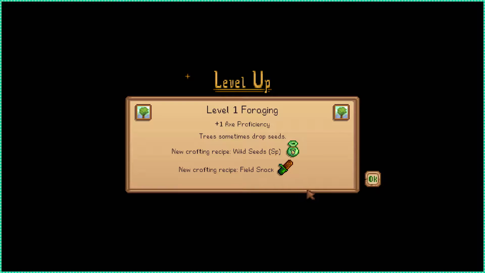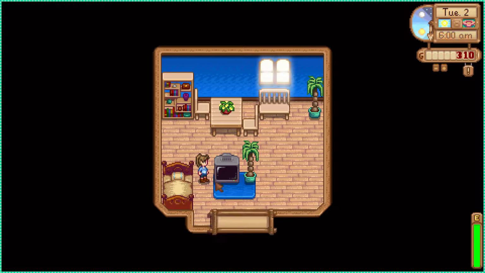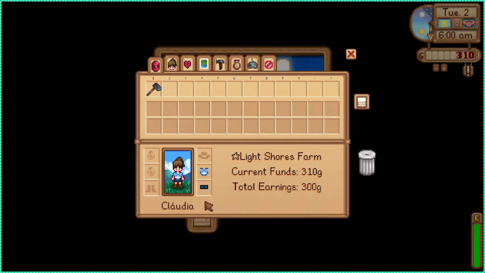We love foraging? Oh, field snacks, here we come. Spirits are still annoyed with me. What did I do? And looks like tomorrow is going to rain. Let me let you in on a little secret. It always rains on the 3rd of spring of your first year. Well...